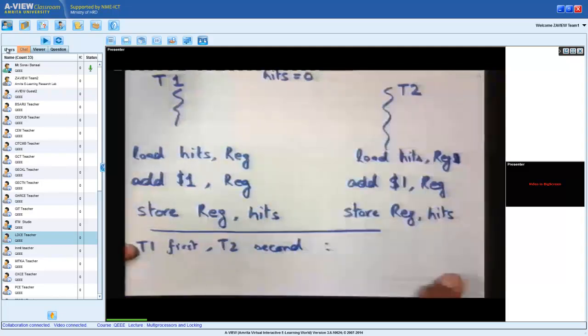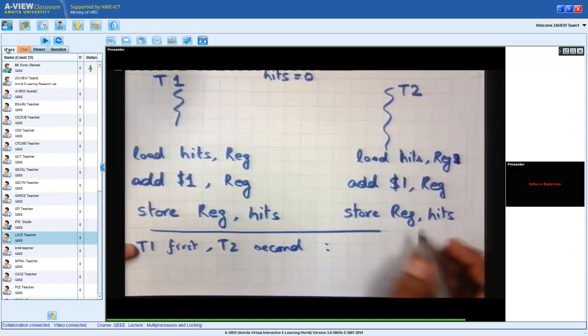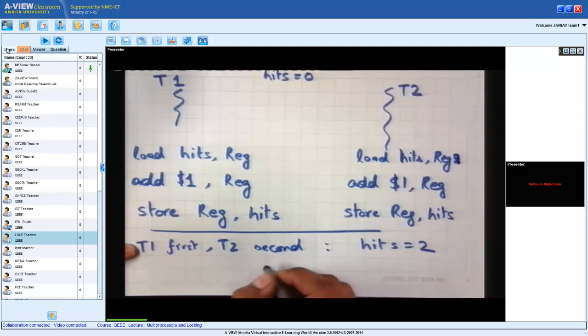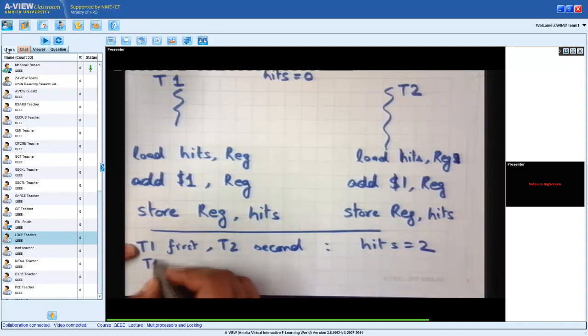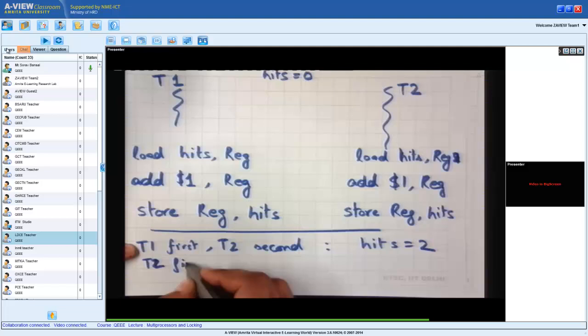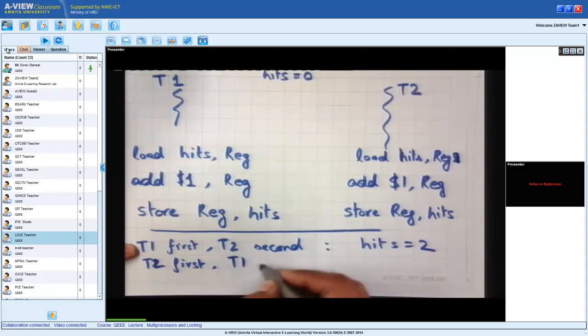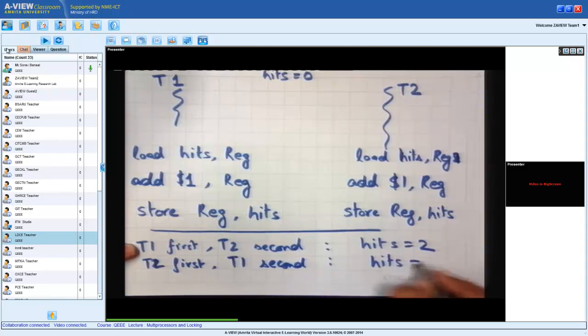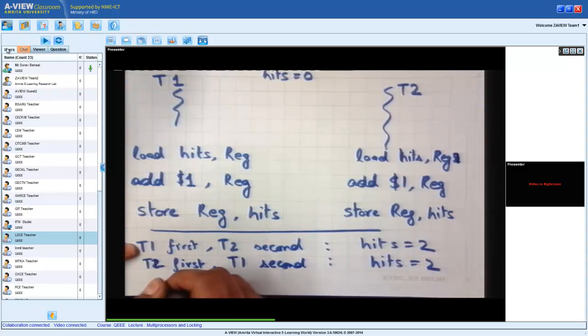Then what's the final value? 2. Let's say T2 first, T1 second. Then what's the final value? Once again 2. But what if they were interleaved?